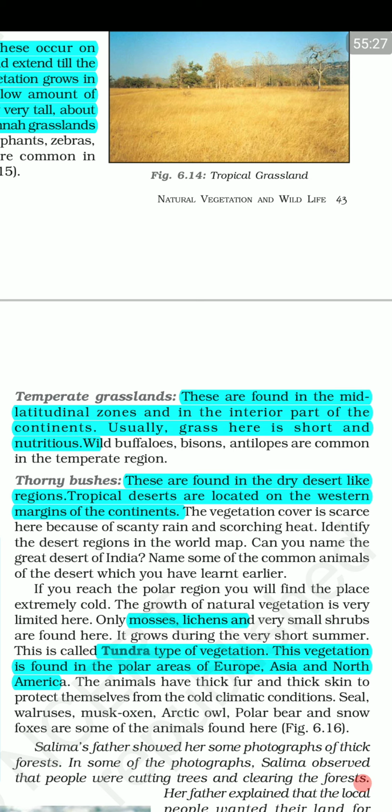And hence the milk content of the cattle in the grasslands is very great. The wild buffaloes, the bisons, the antelopes, all are found in the temperate regions. Milk in these regions as compared to India, the milk